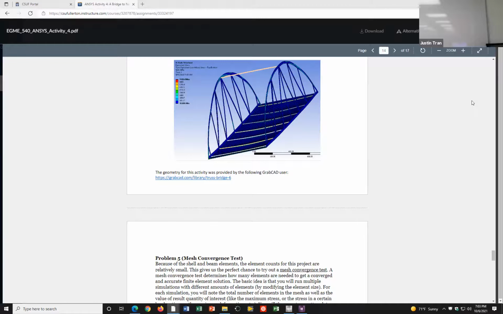But I was telling Jacob too that I know in the activity I said to create these separately, but for this activity, I find it easier to just do everything from the bulk one. So the only thing I'm having you change in this one is just the element size and the element order. That's really all of it. So you want to make sure that you're quadratic here. And then this size is going to change the size for the